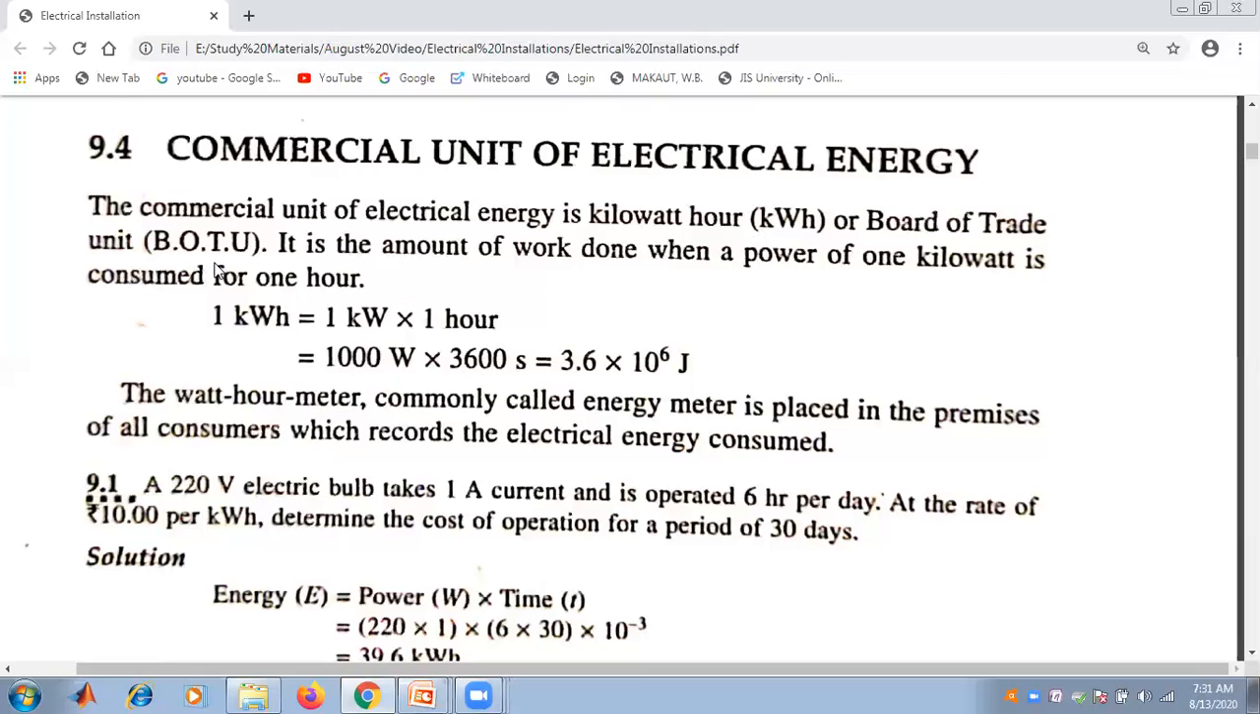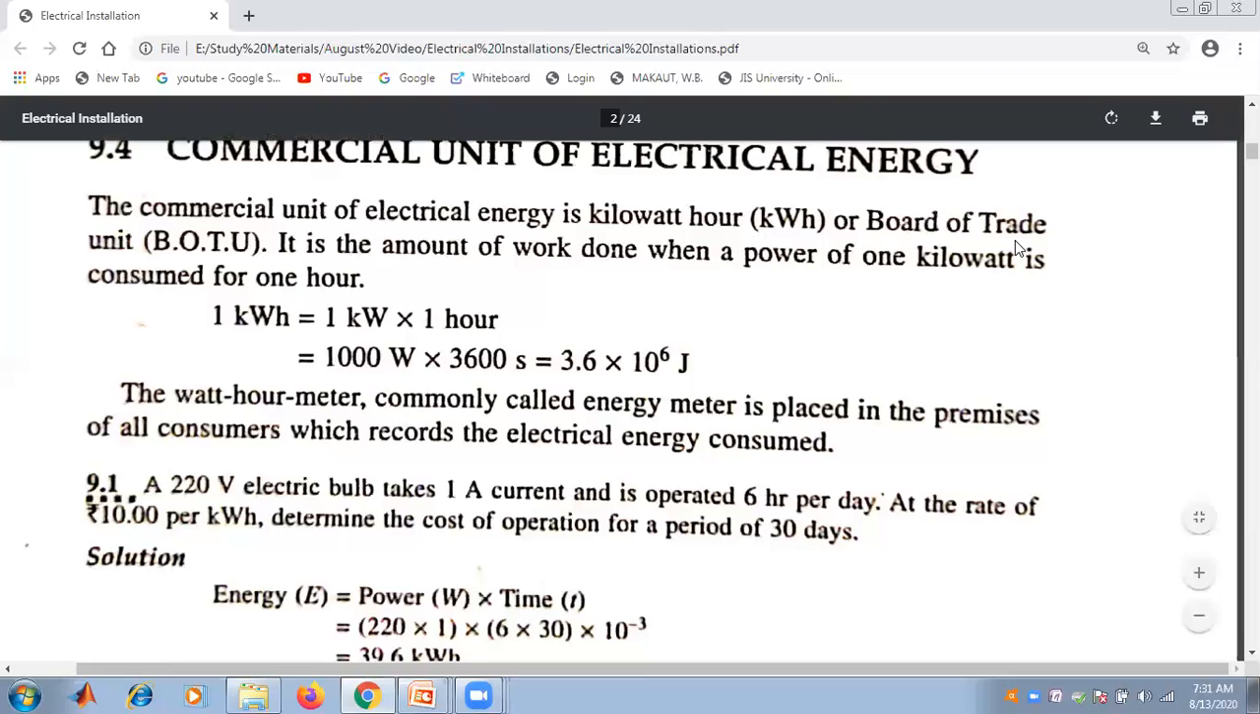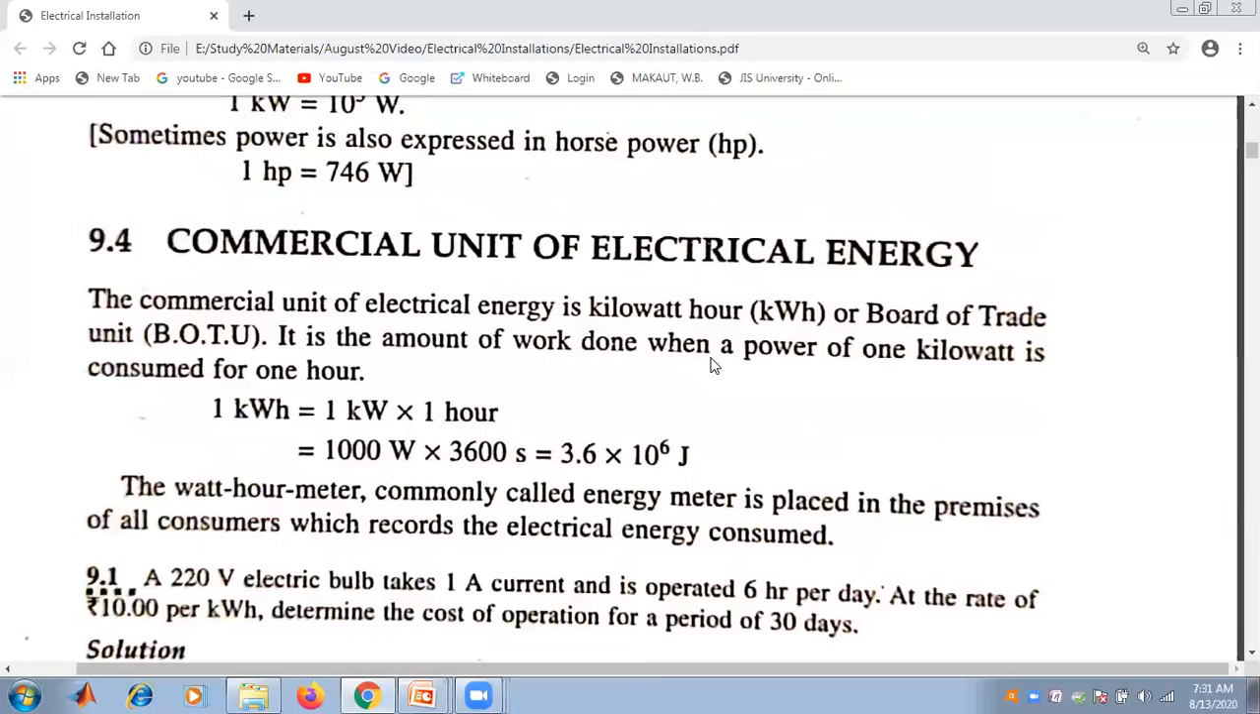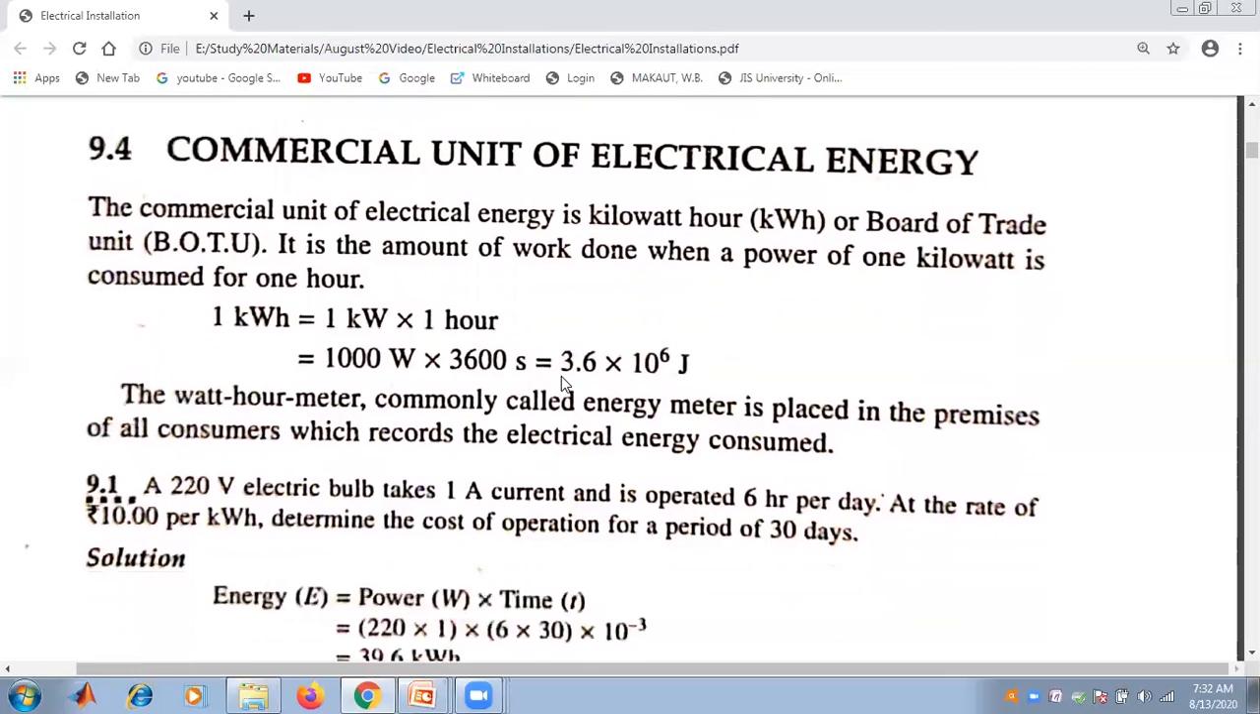Board of trade unit. So it is the amount of work done when a power of 1 kilowatt is consumed for 1 hour. So 1 kilowatt hour is equal to 1 kilowatt into 1 hour. It is the multiplication of 1 kilowatt